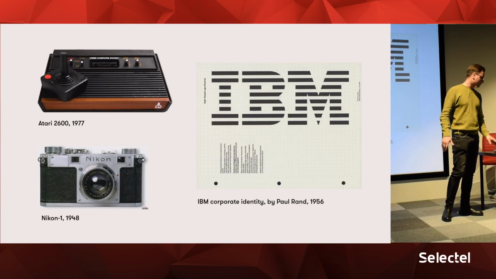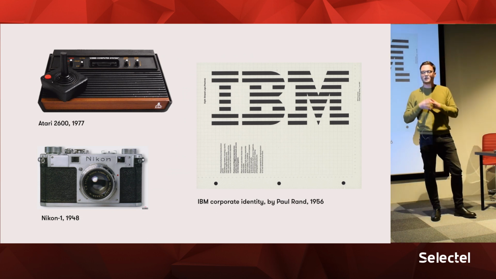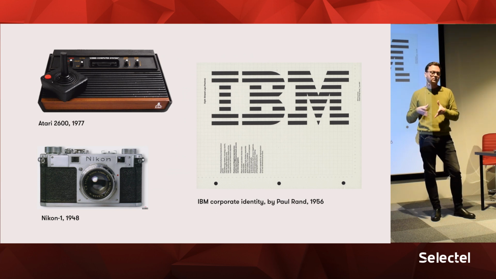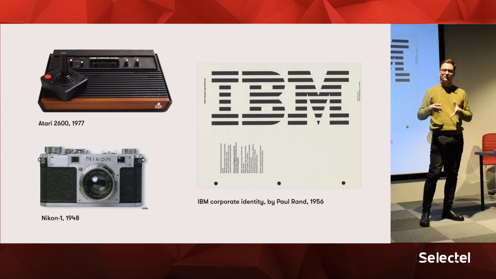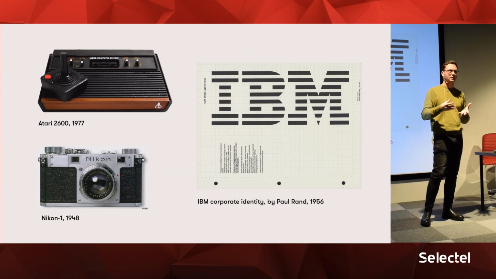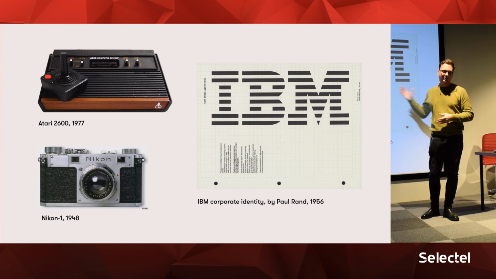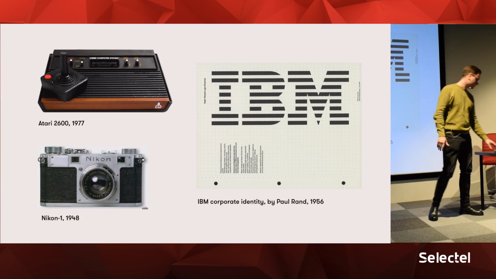But I also wanted to mention that design was not only about things. It was also about style. And people started to realize that they can also make the style of the company more pleasant for buyers. So that's how corporate style was born, like this great IBM corporate style, which is still present.